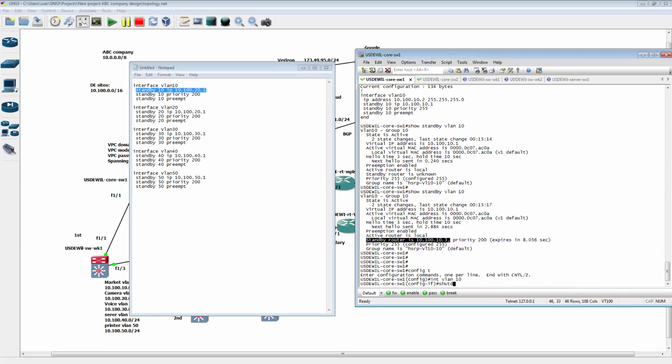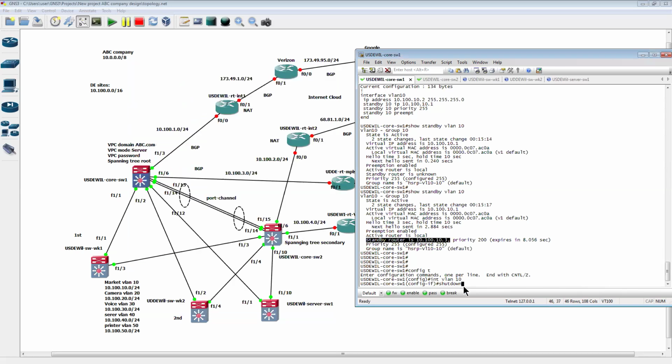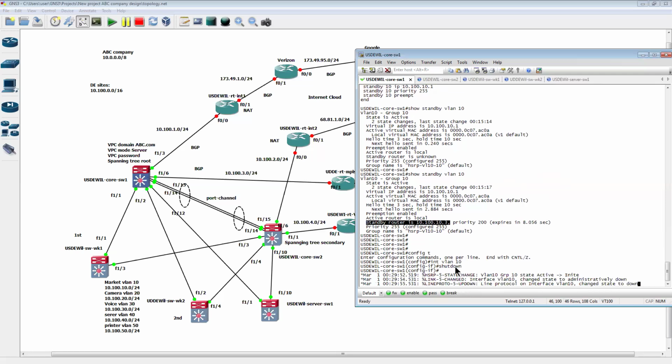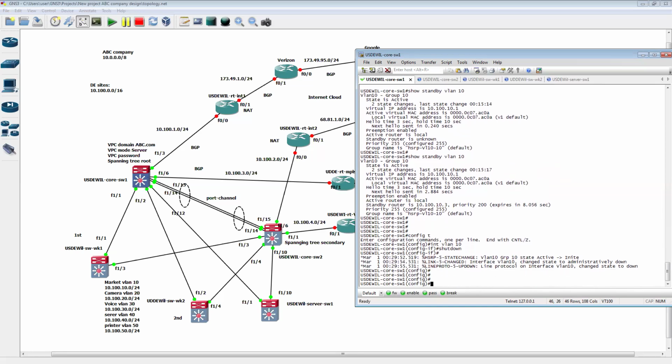Just a demo, okay? The idea is to pretend with this command that we lost the power or something, or accidentally by the automation, or maybe someone just shut down the VLAN 10, something like this. We just shut it down. You see, we shut down the VLAN 10. Look at that. When we shut down VLAN 10, it gives you the update. You see, administratively we shut it down, VLAN 10 is shut down, and then it initializes again. So now when you go back to here again,